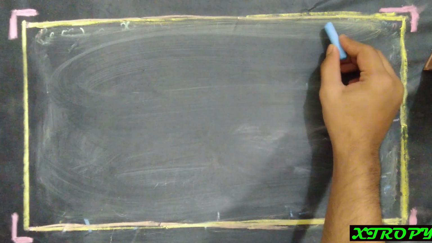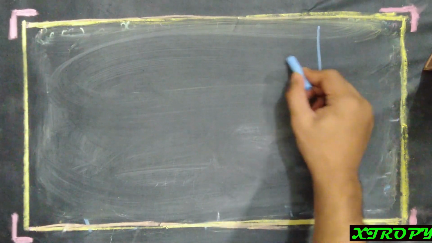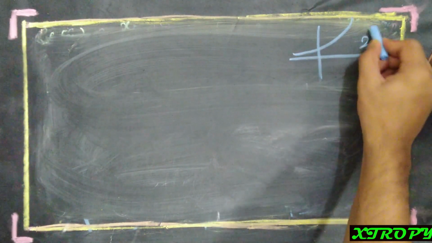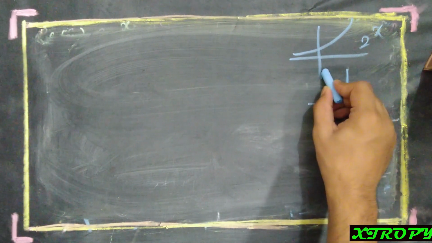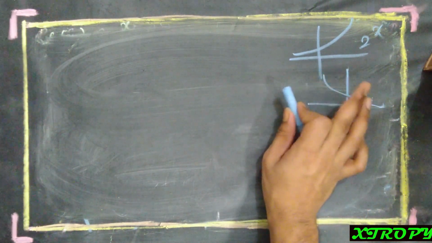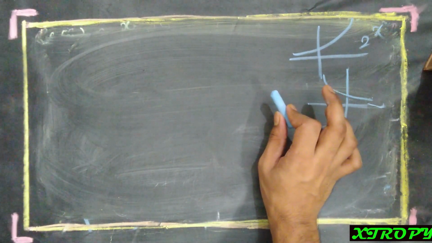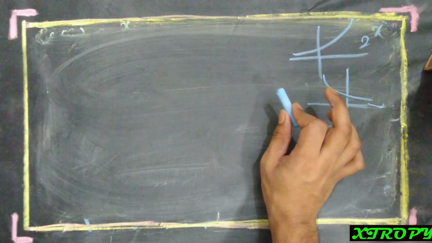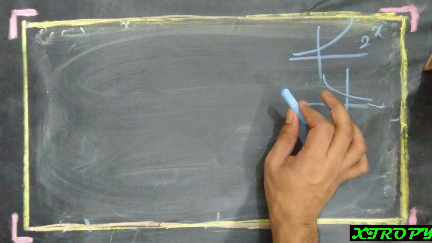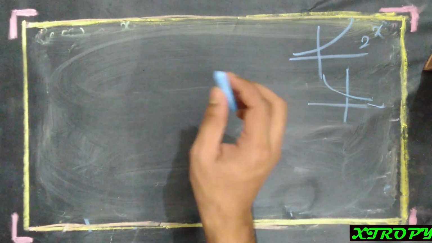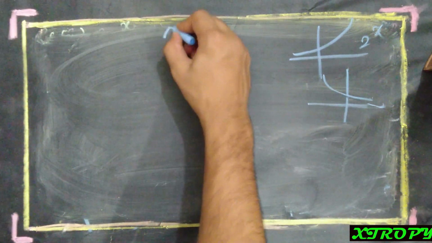After seeing the graph of 2^x and 2^(-x), you must be thinking that these two graphs are quite symmetric, right? Because the graph of 2^x was something like this, and the graph of 2^(-x) was something like this. So you must be thinking that they look quite similar, but with just a little bit of change. And yes, that change even teaches us another thing. Graphs teach us a lot of things. So let us plot these two graphs all together.